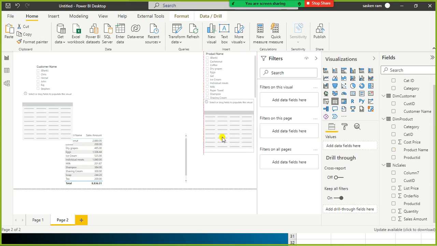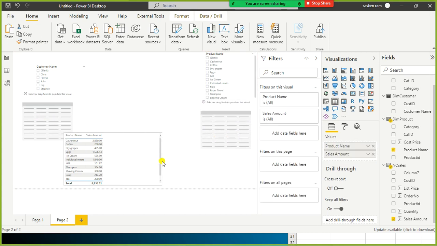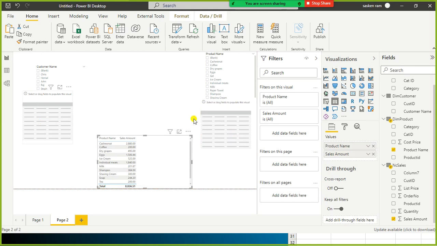This is how we could see it in our data view. So this is my sales table, this is my customer table and product table. These are the slicers.